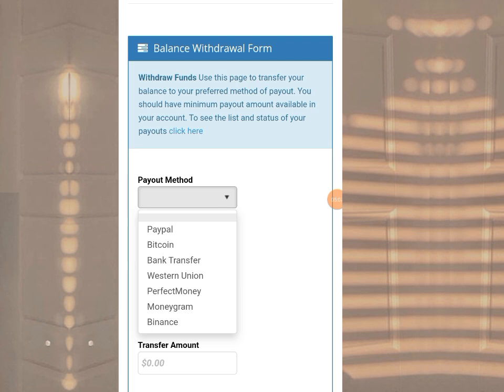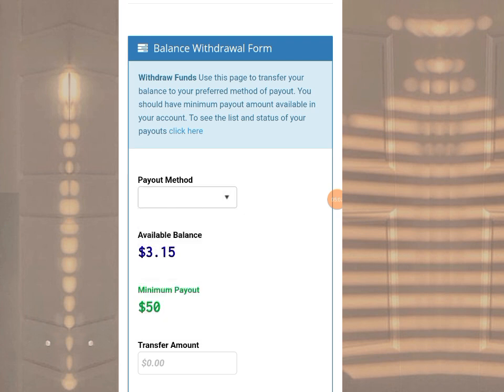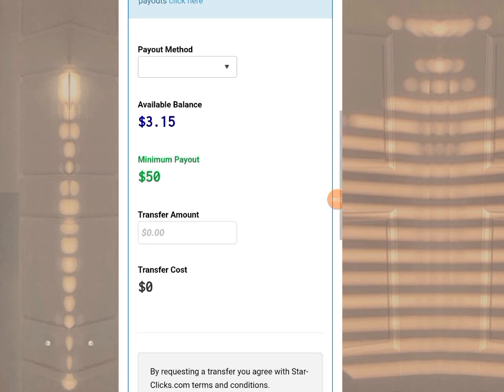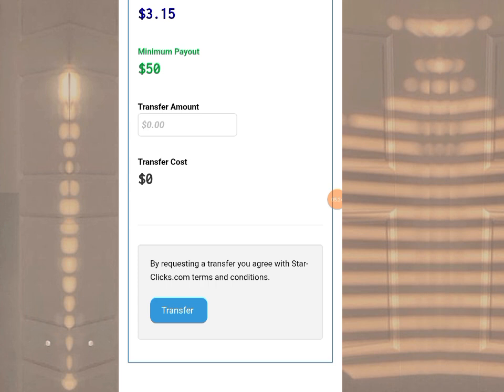So you click on it, and you input the transfer amount. If you have more than $50 and you decide to withdraw $50, or if you have more than $300 you decide to withdraw $200, and so on and so forth. After that, you scroll downward and click on this transfer icon, and immediately your money will be transferred